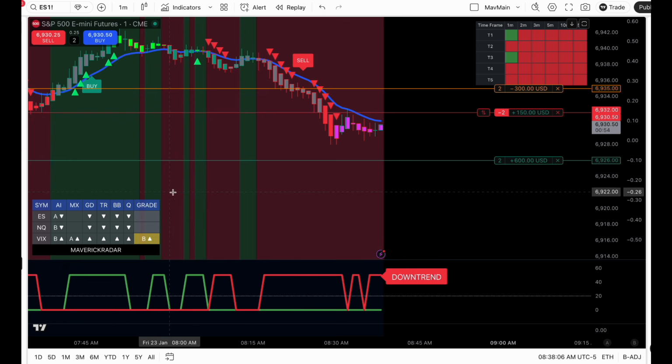And this message will pop up here in bright green saying alignment. So that's like you're stacking probability, right? If the VIX is going the opposite way of ES and it's an A plus setup and NQ and ES are moving in the same direction, I mean, I wouldn't even, Now you still need to know